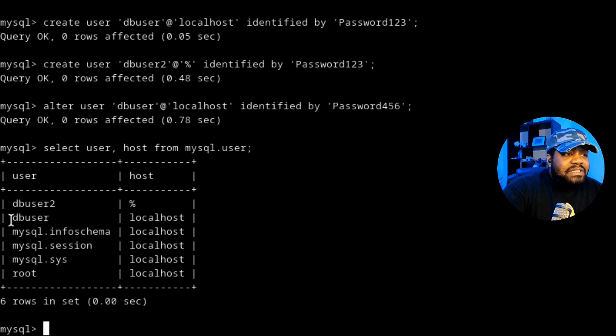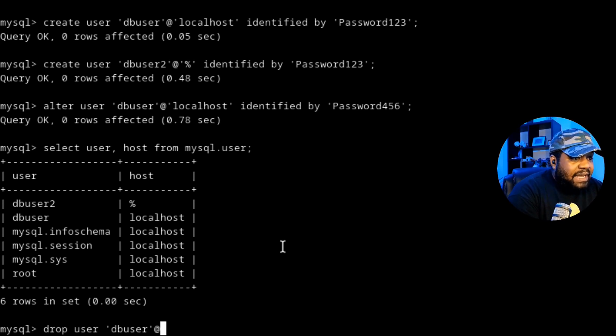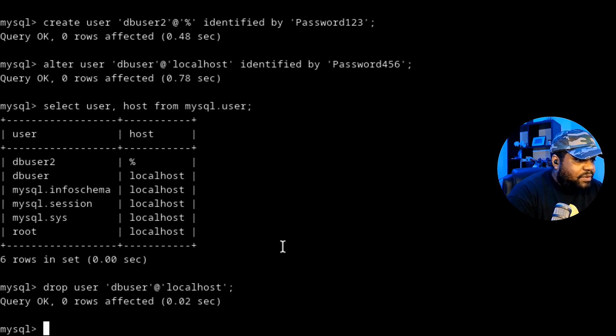So let's say we want to delete the DB user account. So it's the same as with tables and databases. It's the drop command. And so drop user and then the user account. So we have to put that in single quotes, and it's just like when we created it, the exact same format. So DB user, and let me move the cursor out the way and then close out that single quote, then at, and then open up a single quote. Let me close it right fast. I always do that. That's just a habit, but localhost. And then we go back to the end and type that semicolon at the end and press enter, and that